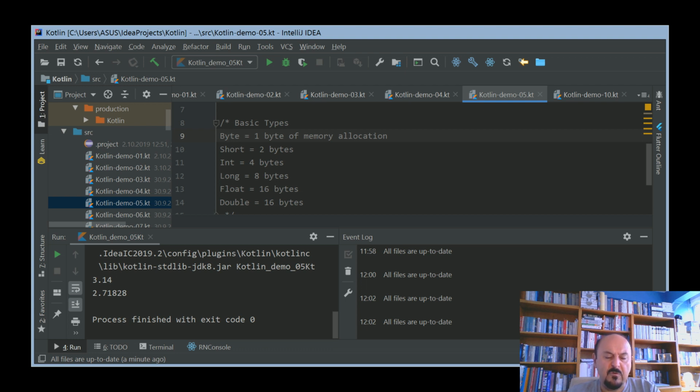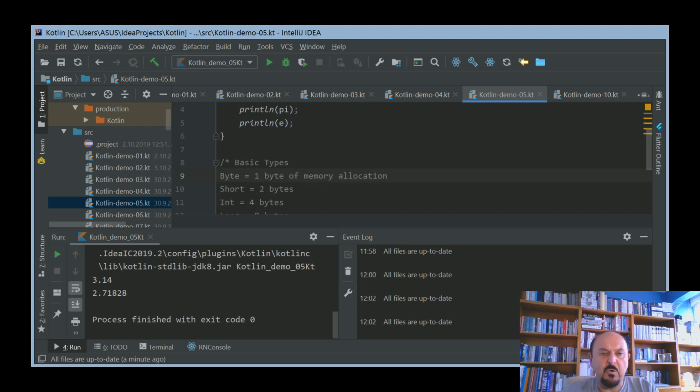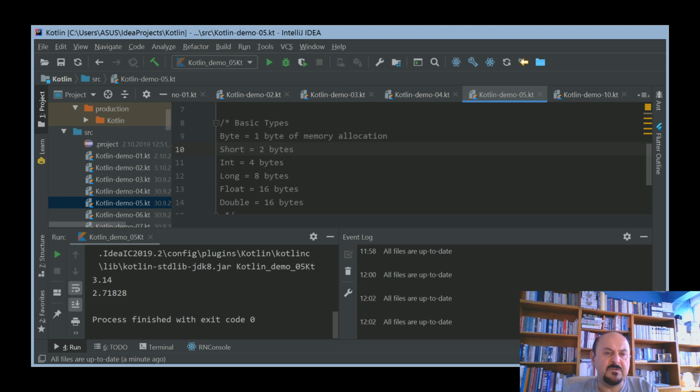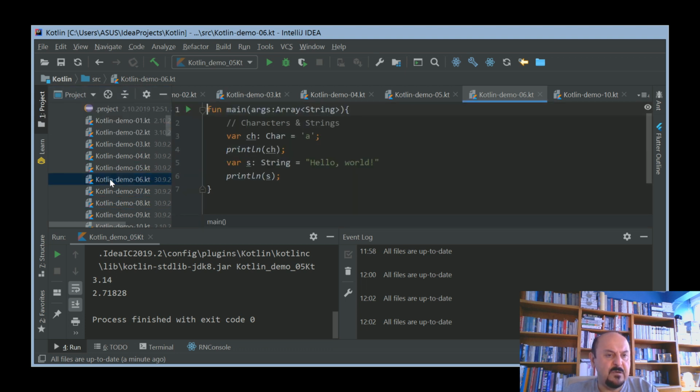For floating point arithmetic, 16 bytes are used, and for double again 16 bytes will be used. Okay, as we go forward, I will give much more paraphrasing about these bytes and their corresponding memory allocation capacity values. And let's go with our next